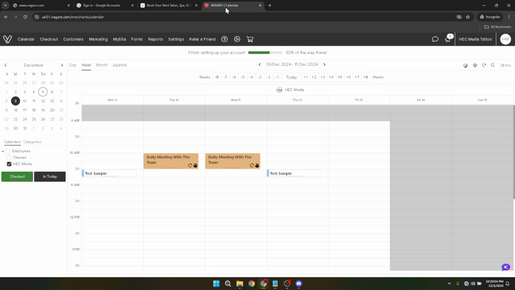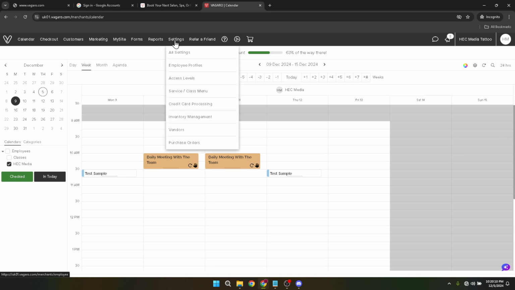To get started, you need to access your settings. To do this, look for the Settings option. In Vagaro, this is typically accessible via a straightforward link or button, often symbolized by a gear icon or similar. You may find it in your dashboard or within a drop-down menu. Upon entering the settings, navigate to Booking. This section is dedicated to all things booking related and is where you will make the necessary adjustments to enable or modify your online booking rules.